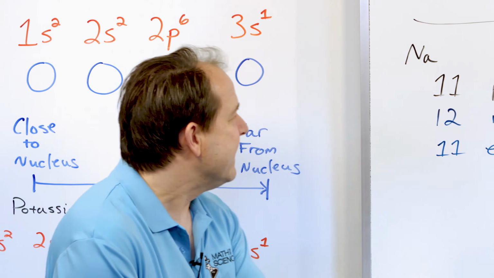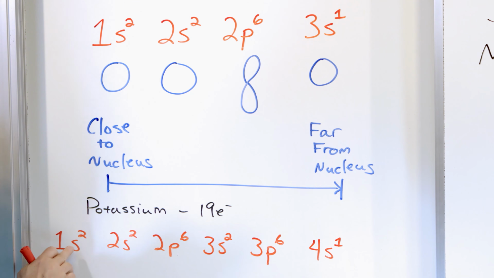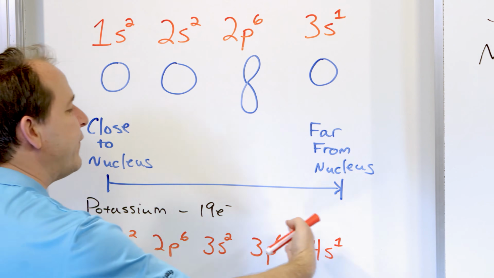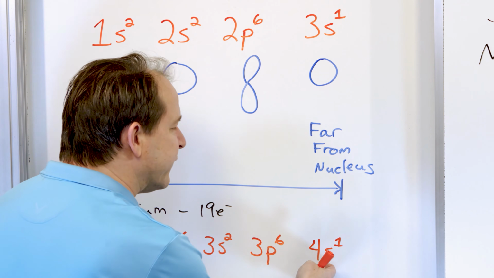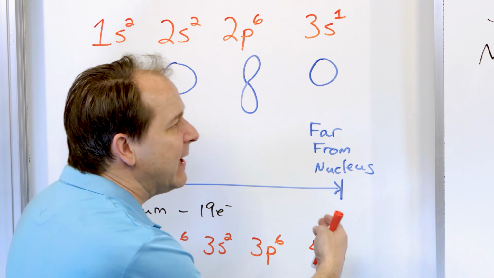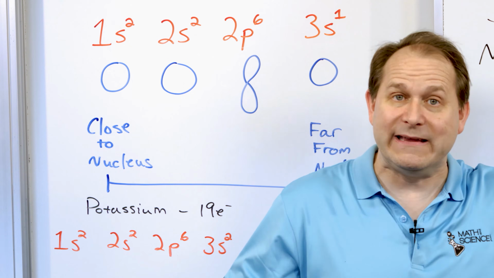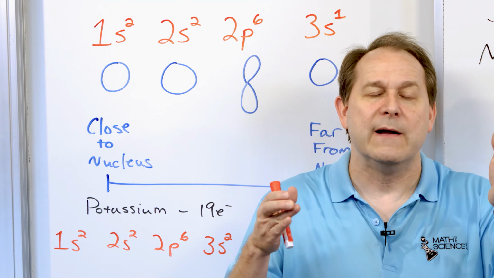The electrons pile into the closest energy level, which is an s orbital, and then the next, a little farther away, s orbital, and then the second energy level can have s and p. The first energy level doesn't have a p orbital, it just has an s orbital. So s, s and p, and then s and p again in the third energy level that's even farther away, and then it goes into the 4s orbital. What do you think would happen after the 4s orbital? Well, there's going to be p, and then if you keep going in the elements above that,